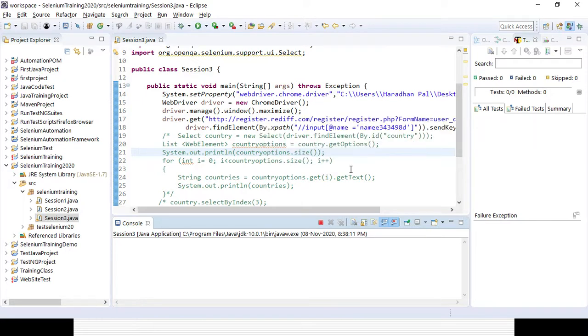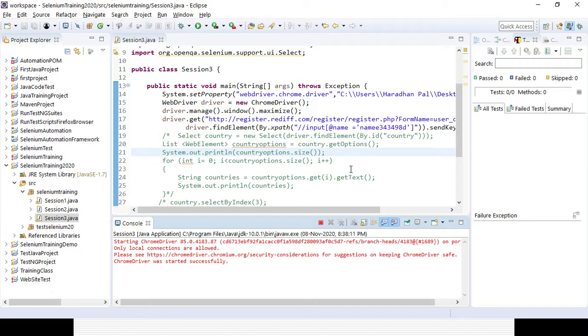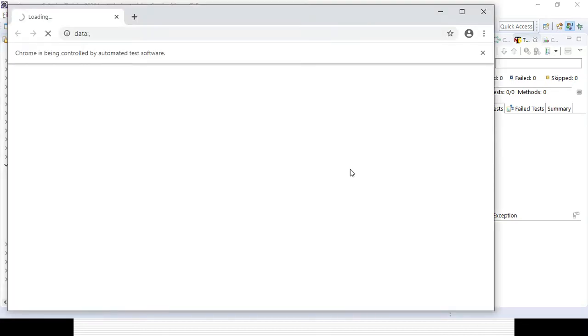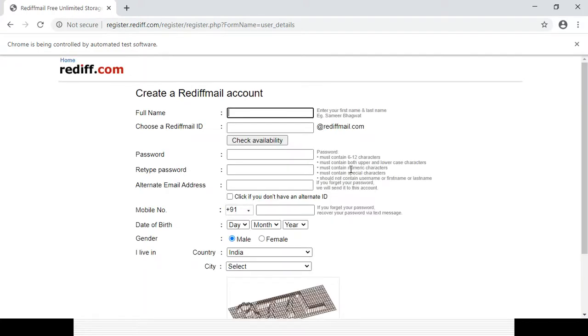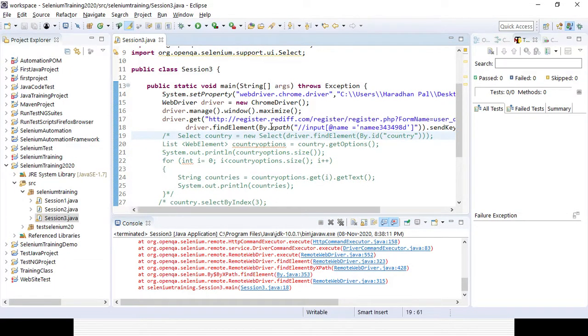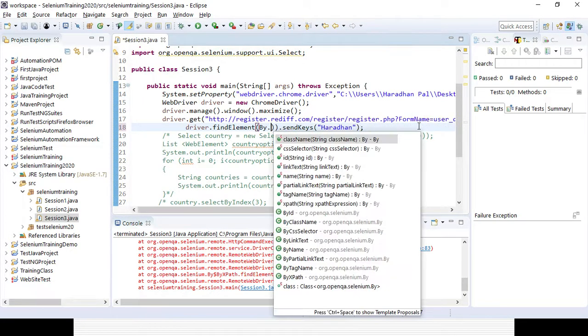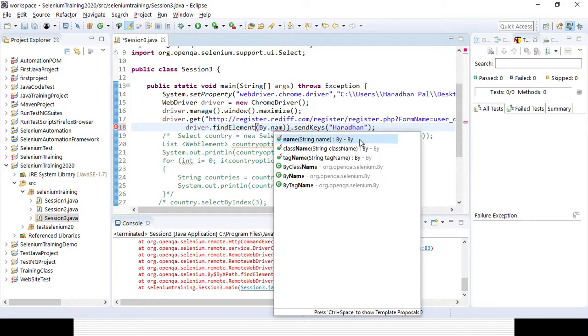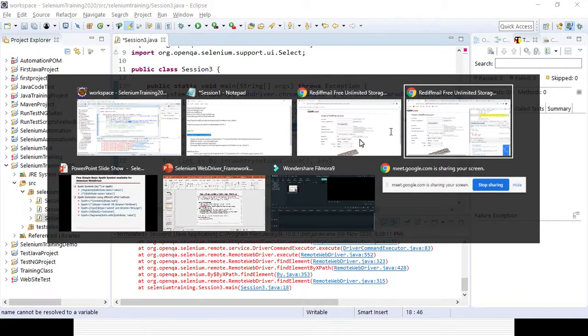Let's run the code and see. No, it is still not able to identify it. Let's check with the first ID, in case it is working or not. By dot name. What is the name here?